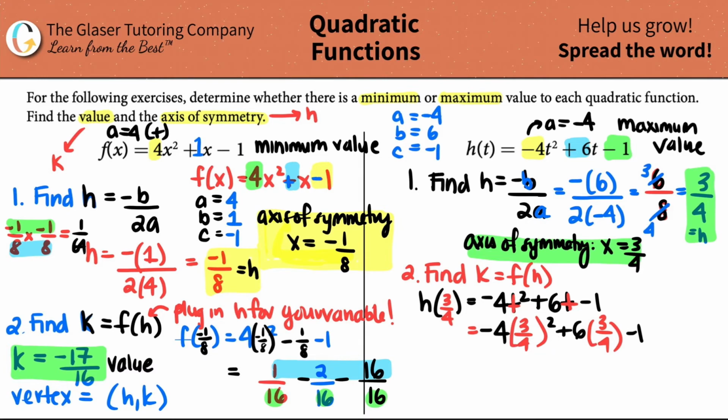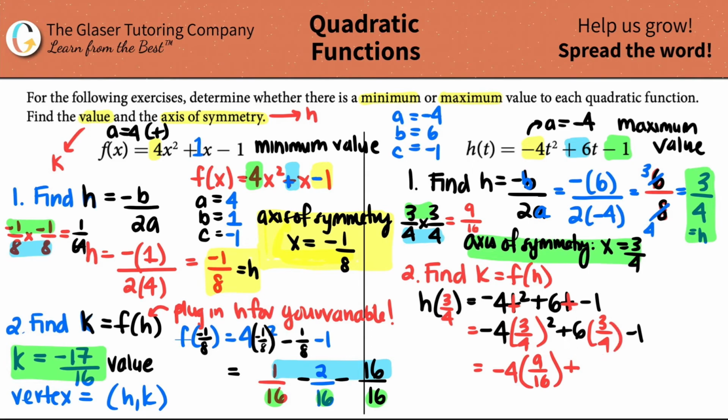Exponents first, I have to do 3/4 times 3/4. We're multiplying fractions. We multiply the top, we multiply the bottom, and that's it. 3 times 3 is 9. 4 times 4 is 16. Is there any number that goes into 9 and 16? No. So this would be equal to negative 4 times 9 over 16 plus